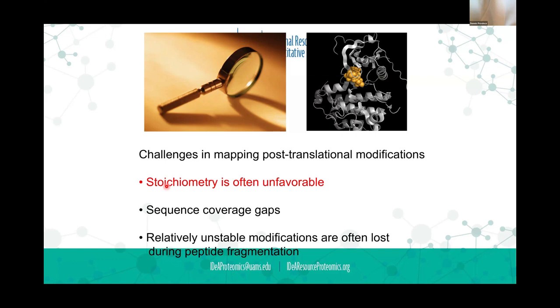Even if you take a serum sample and you don't deplete the abundant proteins and you digest it, you're not going to get 100% sequence coverage of albumin, the most abundant protein in the blood. You're just not going to do it because there are going to be regions that just don't produce good tryptic peptides. On average, in a proteomic experiment, you may see 30 to 40% average sequence coverage of proteins.